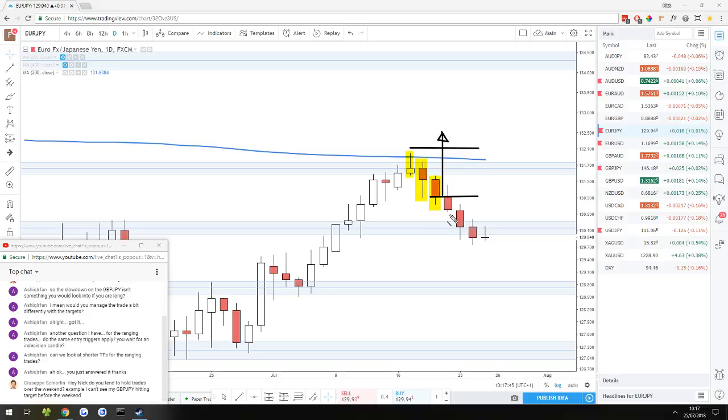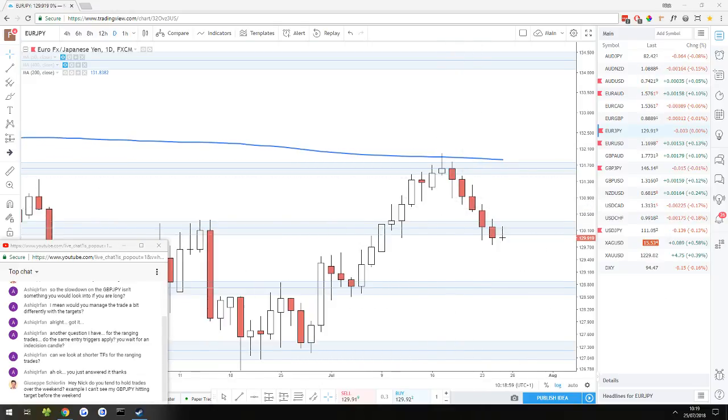So I'm 50% of the way to my target. So it's not enough to close out because it's only 50%. But it's safe enough to keep it open. So in that case, I'd leave it open over the weekend. But then what if